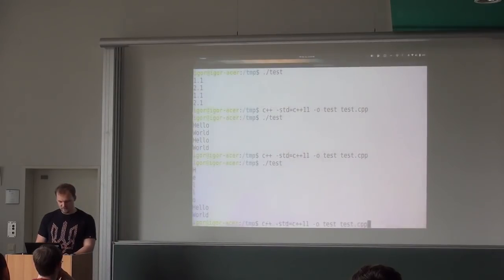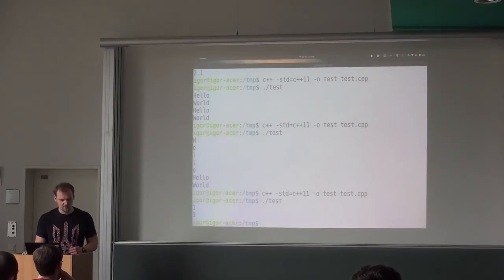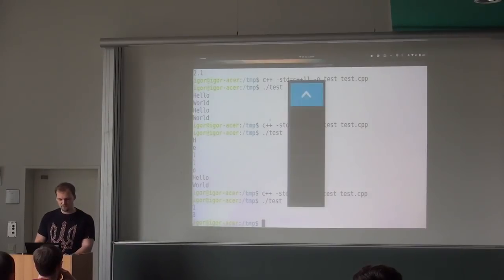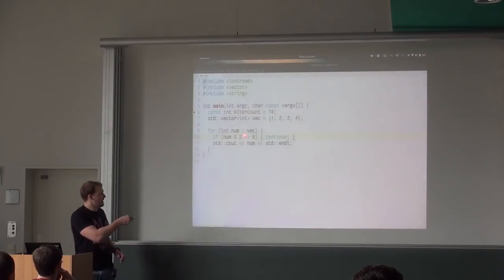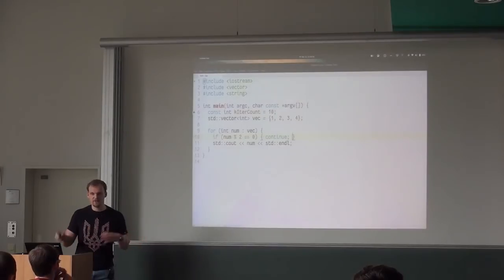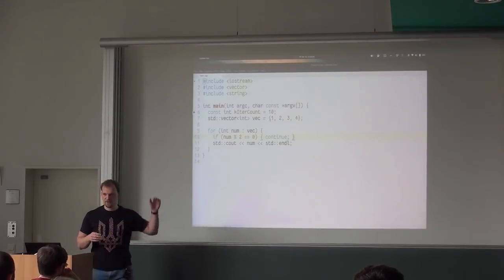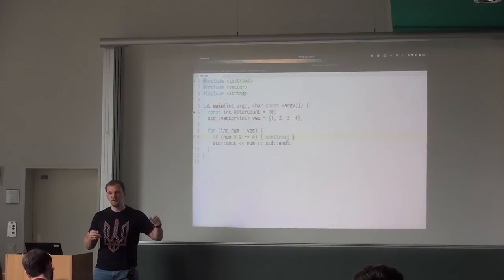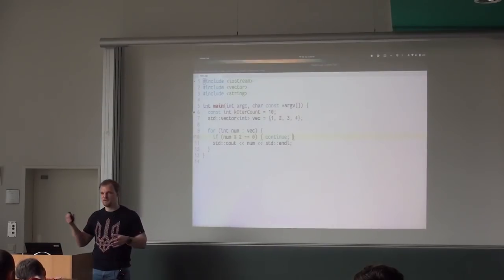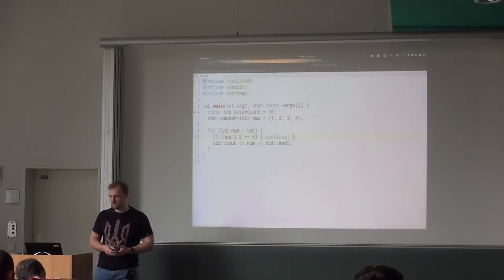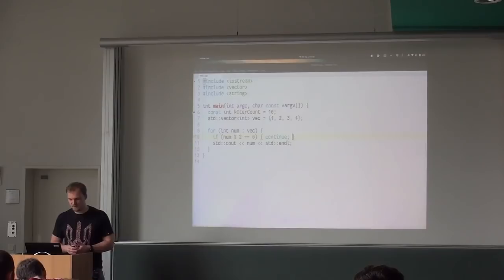So what it will do is, of course, skip 2 and 4 in this case. Whenever we reach the 2, this evaluates to 0, and then we continue so we don't print stuff. It is useful if you have iterations of the loop that do a lot of stuff, but you don't want to process all the elements, but say some part of them under some condition. It can be any arbitrary condition in this case. So this is how you can use the continue.